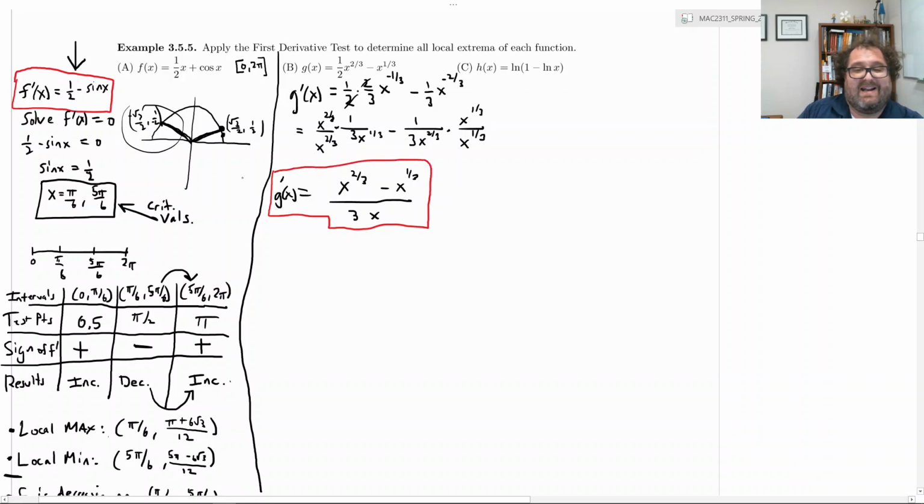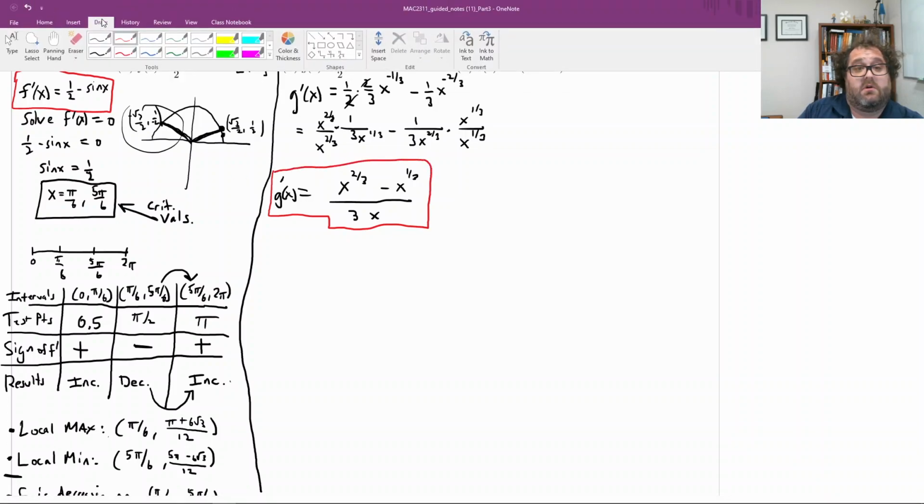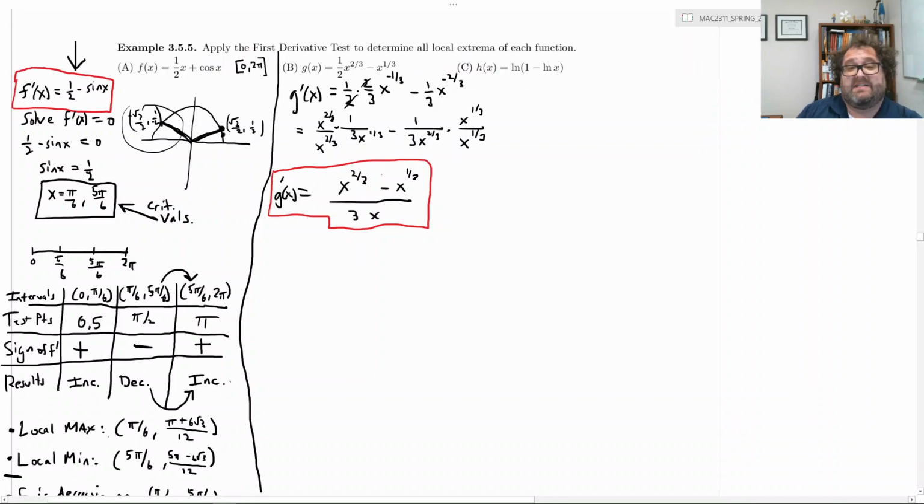Right away, I notice what about g prime? g prime is not defined at 0. That is, the function's not differentiable at 0. But 0 is in the domain of the original function. So that means that at 0, something funny is going on there. In fact, it's a critical value. x equals 0 is a critical value